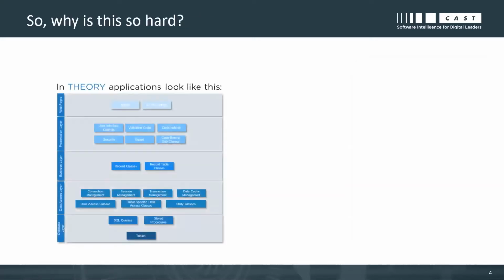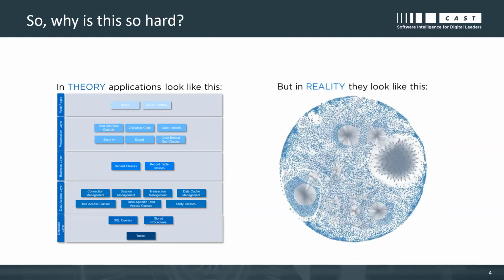So the question is, why is this so hard? Well, in theory, applications, particularly big custom enterprise software systems, look like this. We have very good, disciplined software engineering and coding practices. They're neatly organized in boxes with different tiers, good documentation, etc. The reality, for those of us that have seen enterprise software systems, is they look a lot more like